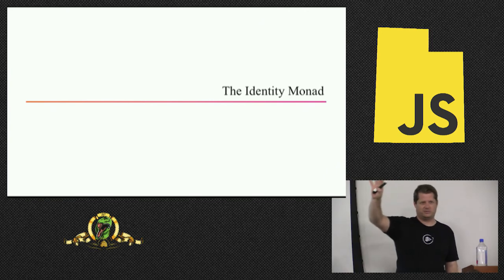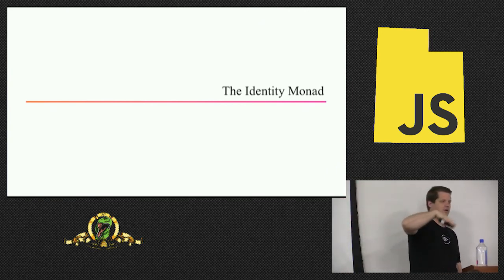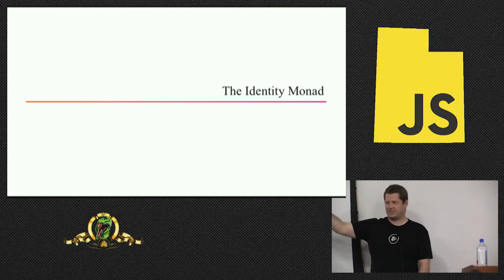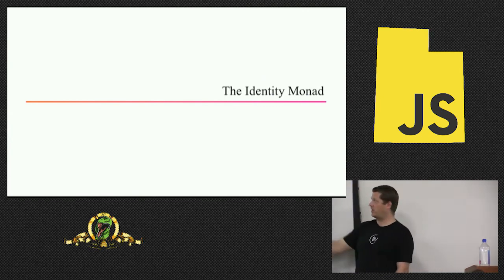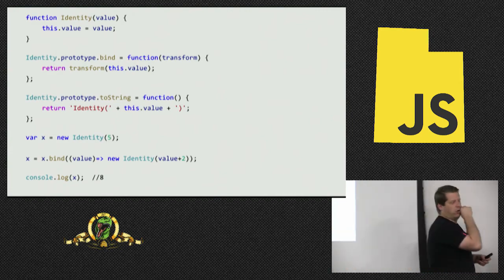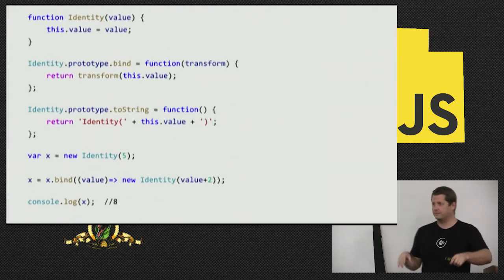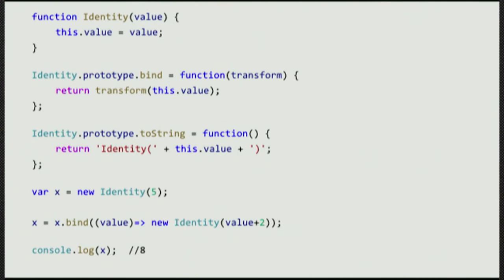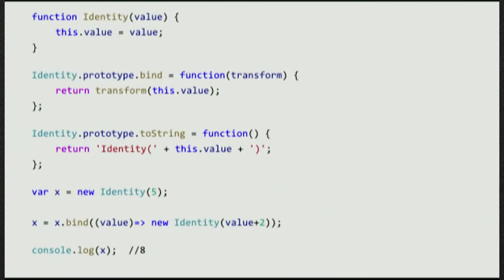I'll prove my point. I'm going to do a very simplistic monad. This is a real monad. If you go Google monads, you'll come to this example often. And this is what a monad is. And it's a lot of text. But I'm going to kind of talk you through what it all looks like. So, up at the top, we have an identity. And so this is the identity monad, right? So we have a thing called an identity, and we have a thing called value inside the identity, right?